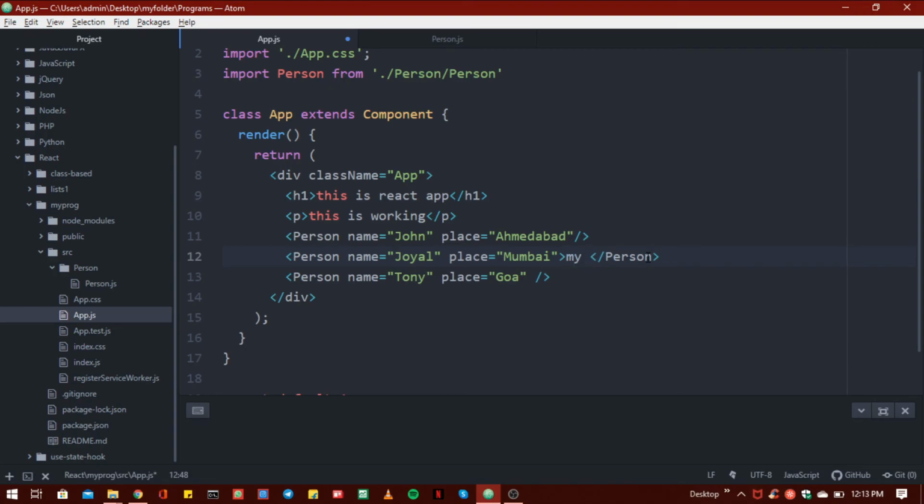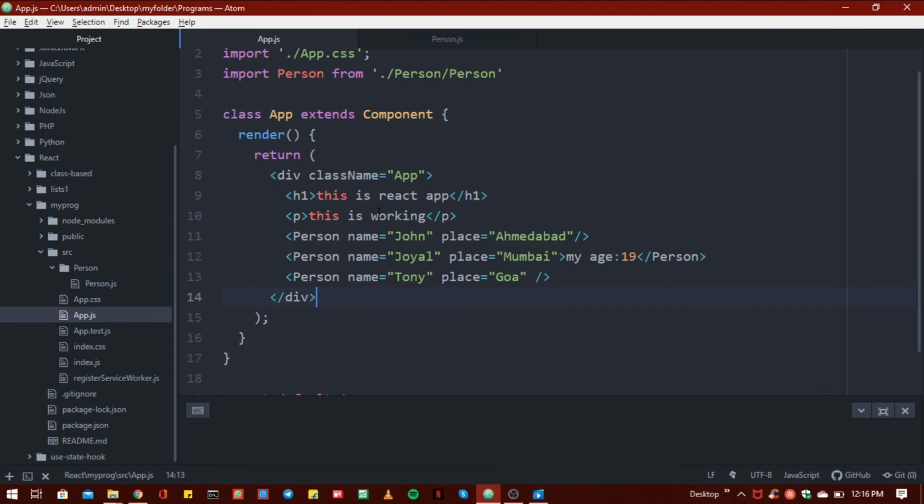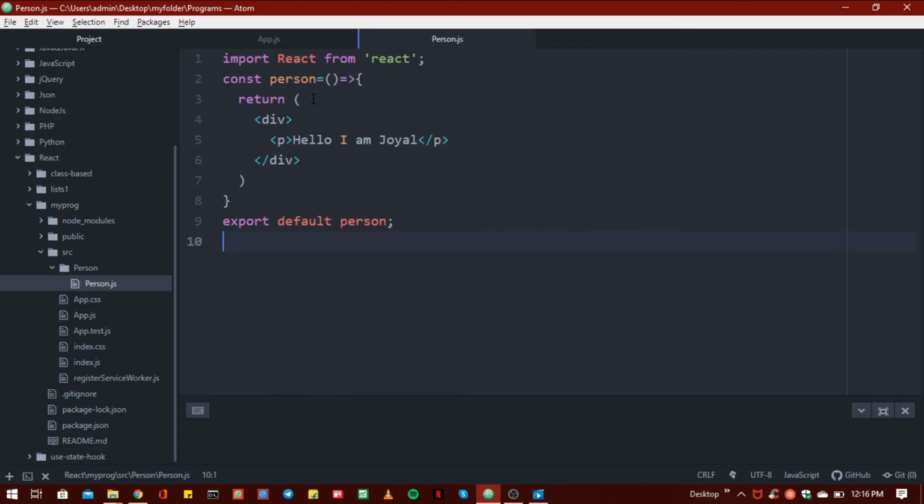I want to write here my age, that is 19. Now again save it. Now we have to tell our person.js that we included inside this component. So first of all we have to use this props property, and that is there by default inside React.